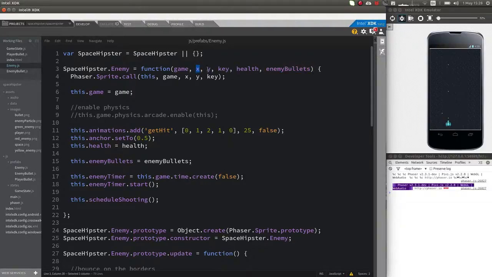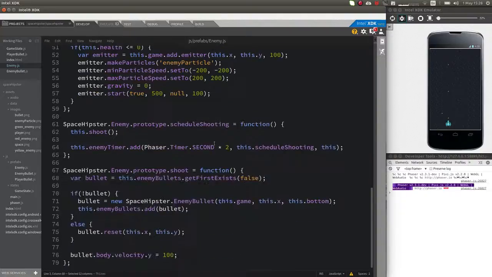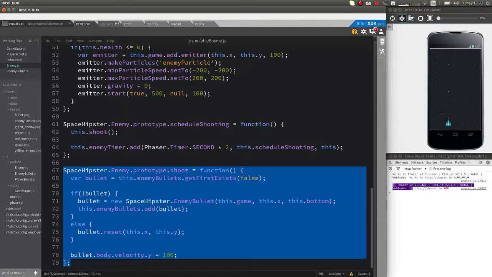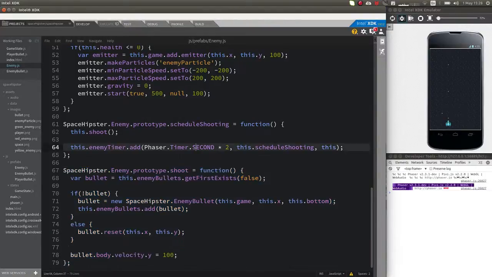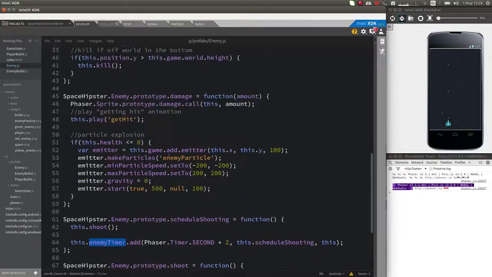Whereas when you pass numbers or strings, you get a new copy of them. So if you modify them, it doesn't modify the original ones. Whereas here, we are modifying the original ones. We implemented the usual pool of objects behavior for shooting. So we're reusing the dead ones when we can. When we can't, we create a new one. And then the scheduled shooting works with a timer where we shoot, and then every X number of seconds we shoot again. And this timer belongs to the